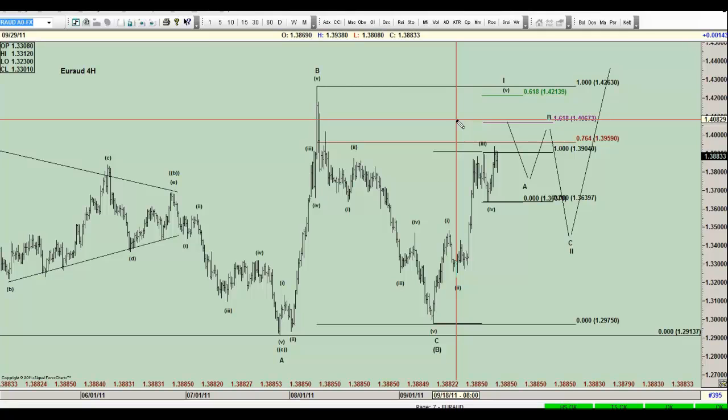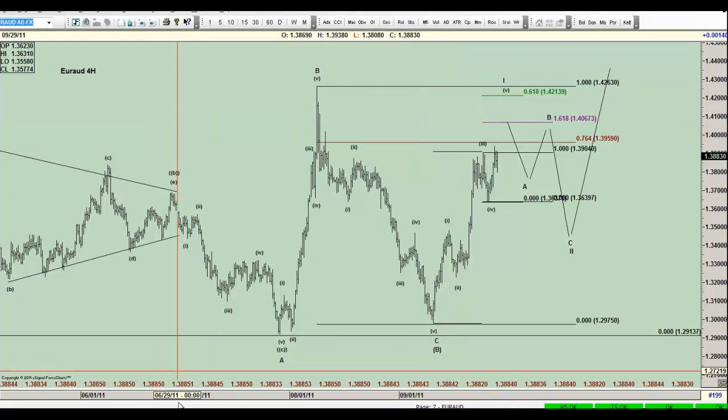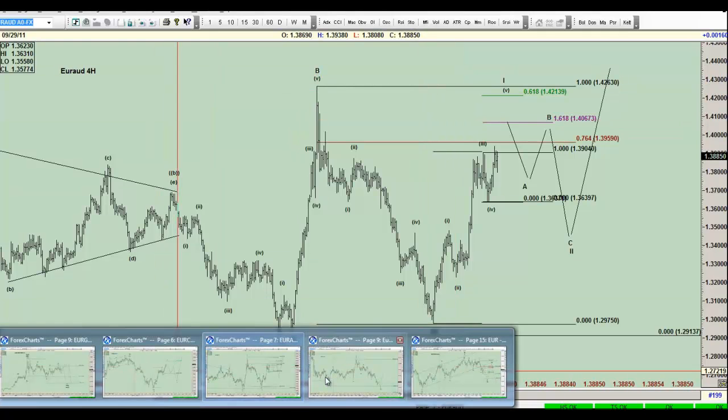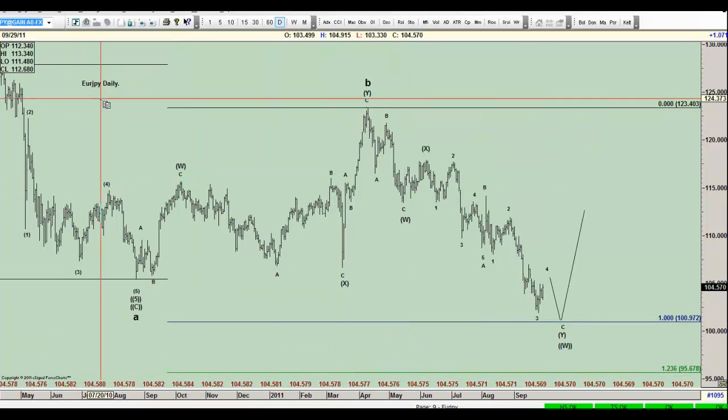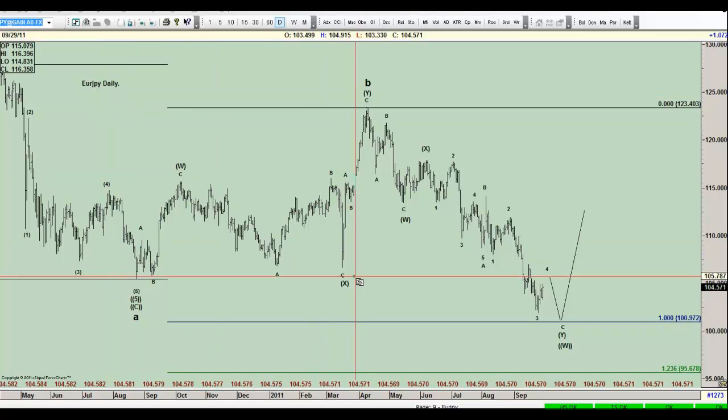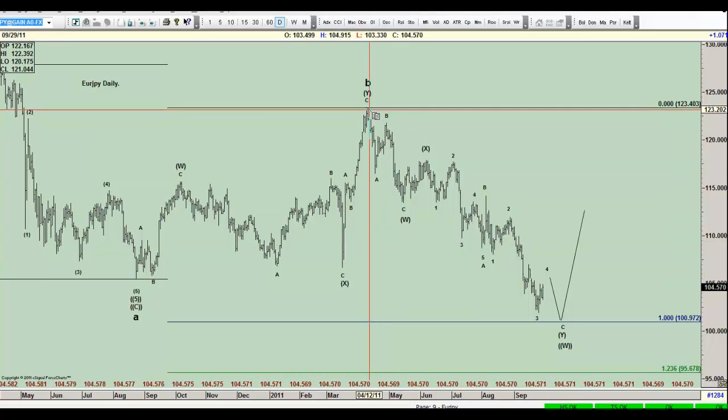What else do we see? Let's keep moving about the euro pairs. Now we're gonna get to the euro yen. The euro yen, we are expecting this pair at some moment to get to around 80 and change against the yen. But the structure from here is calling